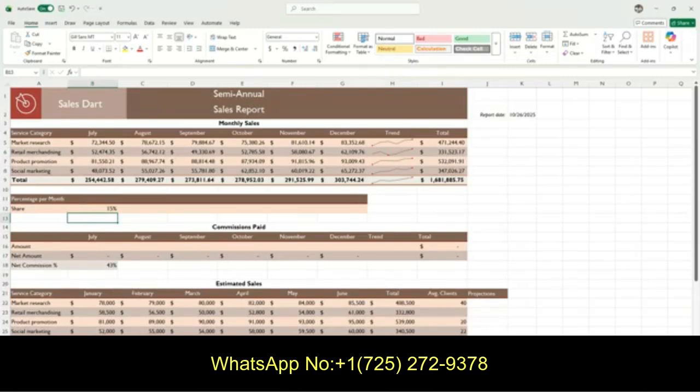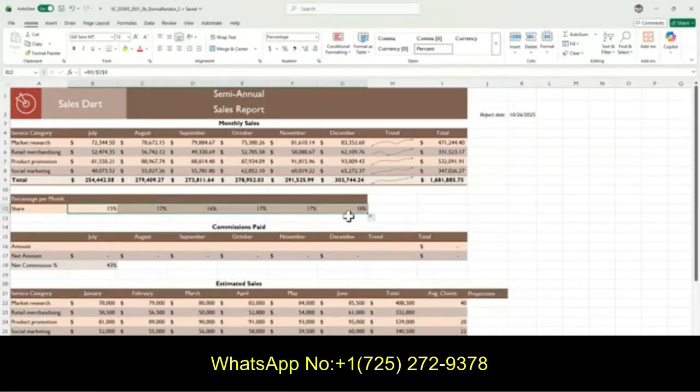And then it says use the fill handle to fill the range C12 to G12. So I'm just going to use the fill handle and drag that formula all the way to the right until G12 or December data.